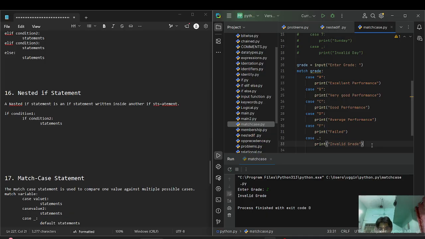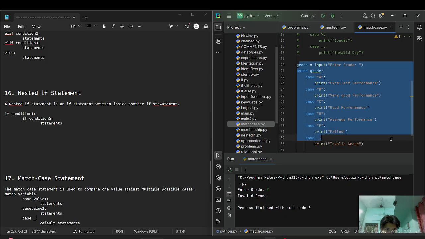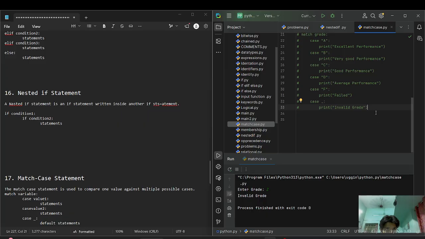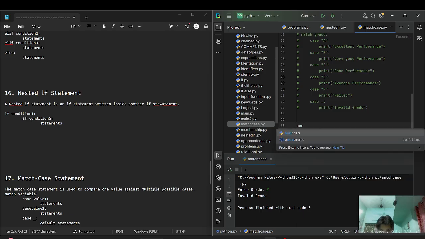Let's see our last example so that you can understand very clearly. Let's see one of the most important examples. So, calculator using match case. This question is about, suppose num1 equal to, let's take int input,